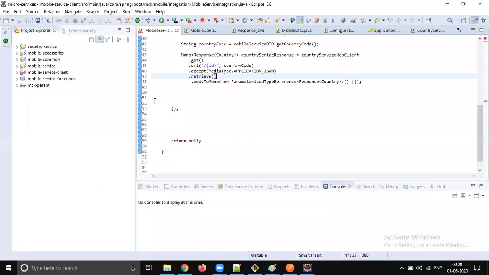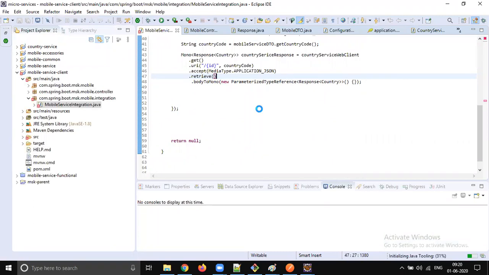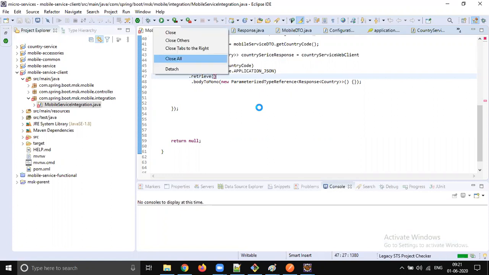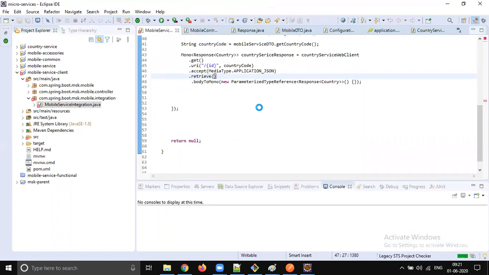So we moved the code common and everything looks good, but one small thing is, okay, so let it be there.